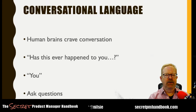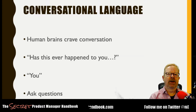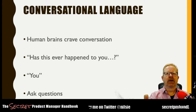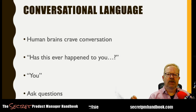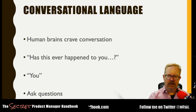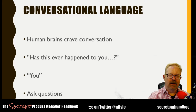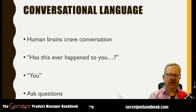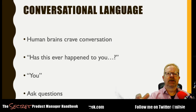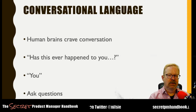But we also have built-in circuits that are related to conversations. Human brains crave conversations. In fact, if you're on the street and somebody asks you a question, even if you don't want to answer that question, even if you don't want to pay any attention to that person, oftentimes you're really compelled. You may be able to resist it, but you're compelled to answer. And this is true not just on the street, but also in a situation like a business presentation. And so if you can work in some questions in a business